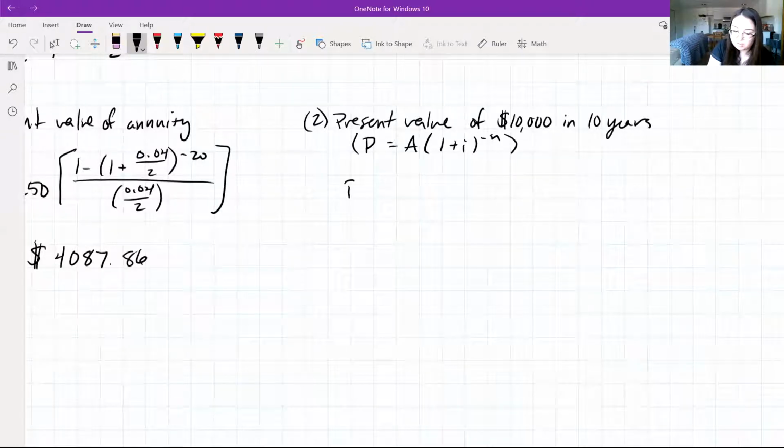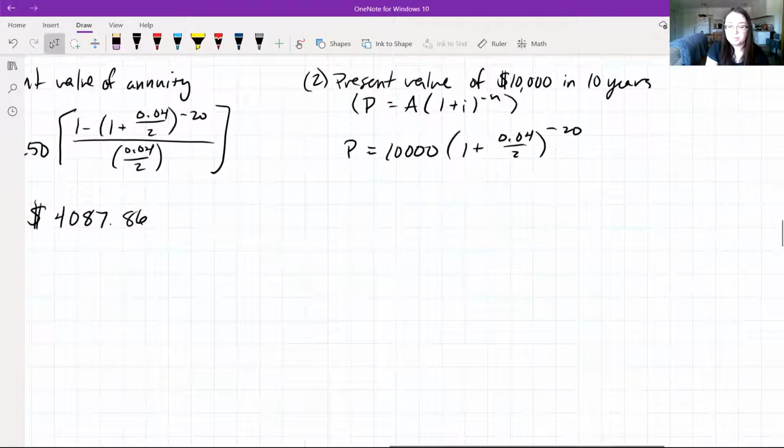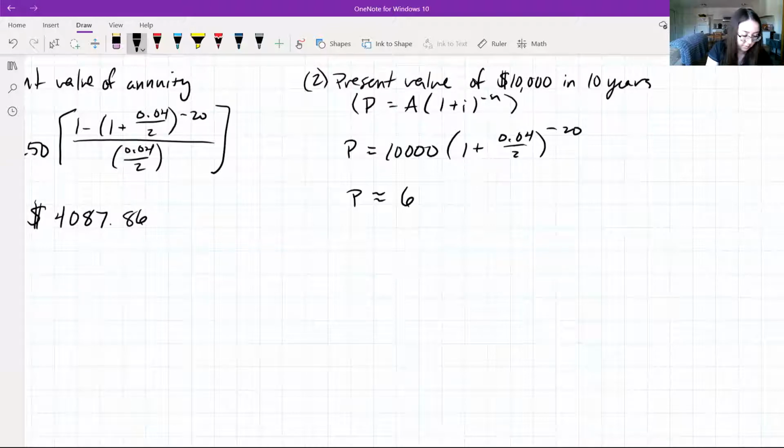So we know that P is equal to 10,000 times 1 plus 0.04 divided by 2 to the negative 20th power. And if you calculate this value, you should get that P is equal to